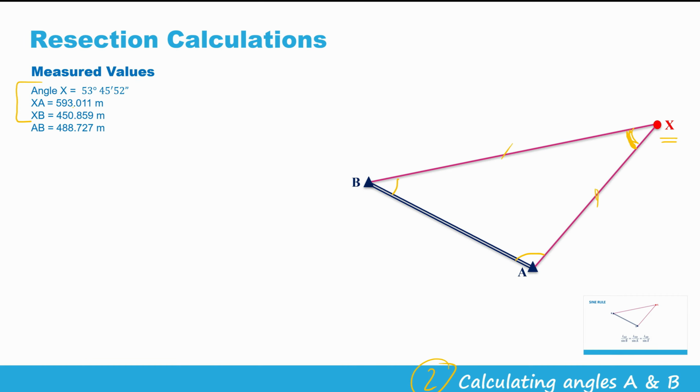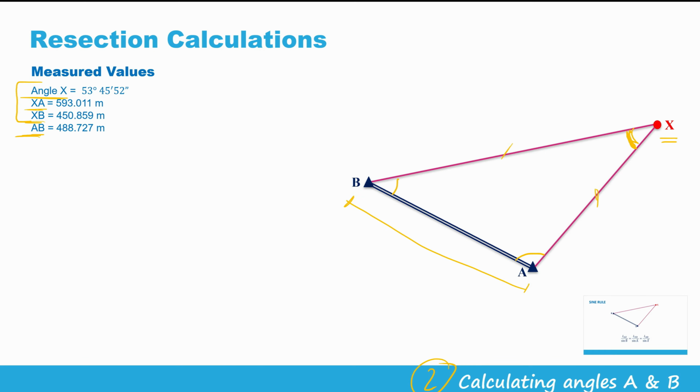These are all measured values using the total station. And the length of line AB that we need in this stage was calculated in the previous slide. This is the length of AB, which we calculated to be